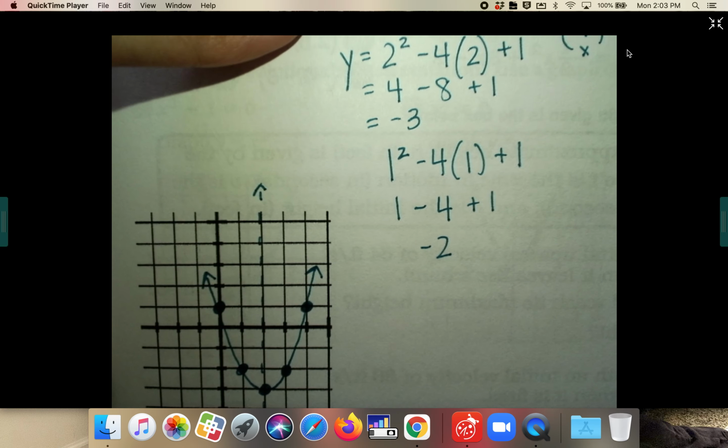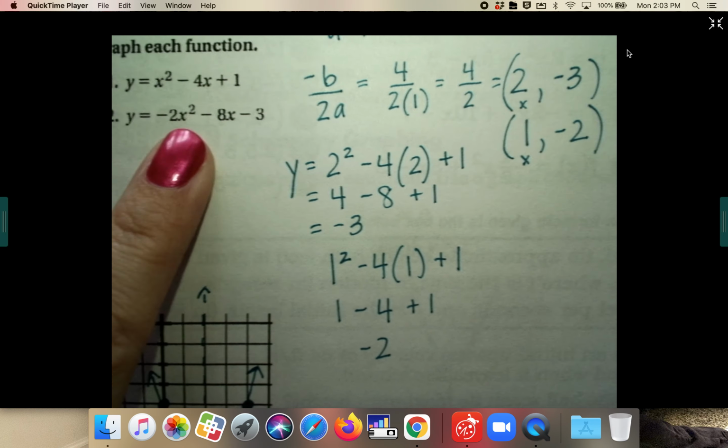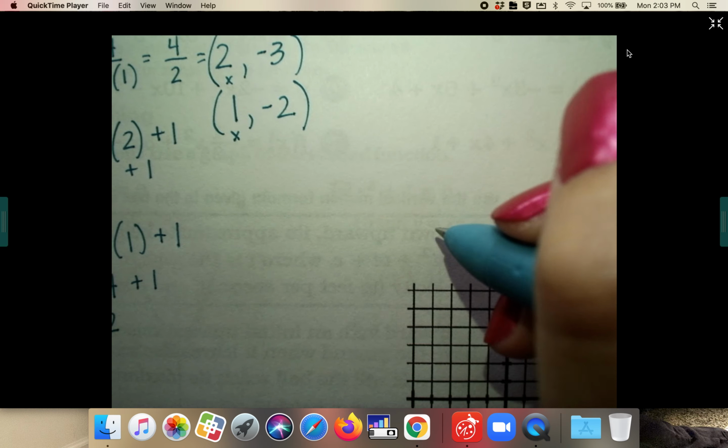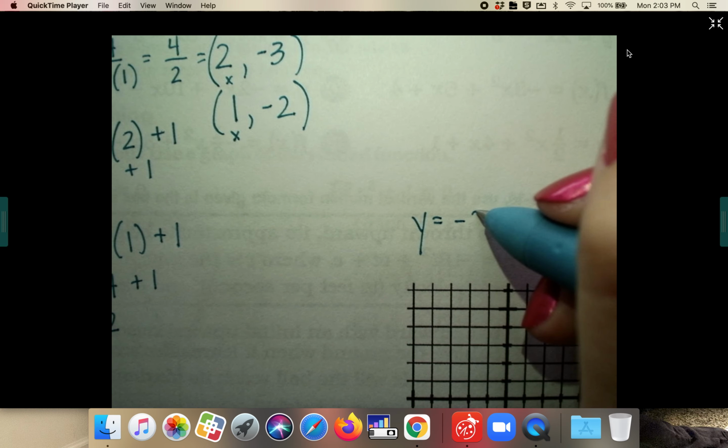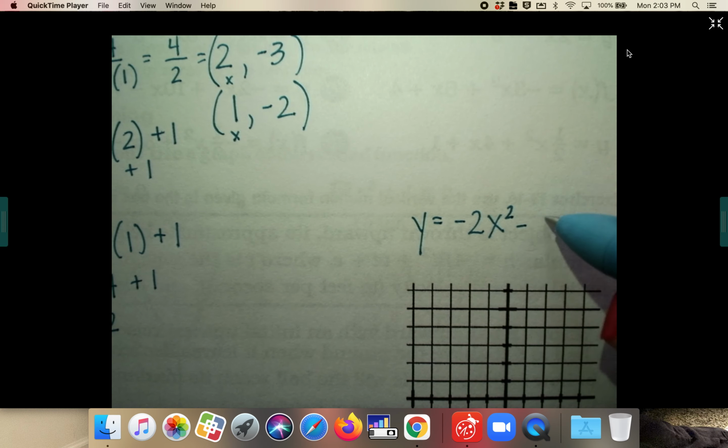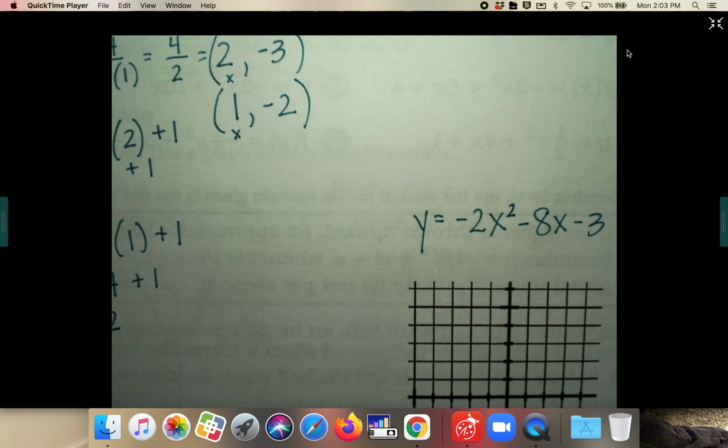All right, let's try our very last one. And I'm going to write it over here. y equals negative 2x squared minus 8x minus 3. Ooh, I hope this fits on my graph. All right,